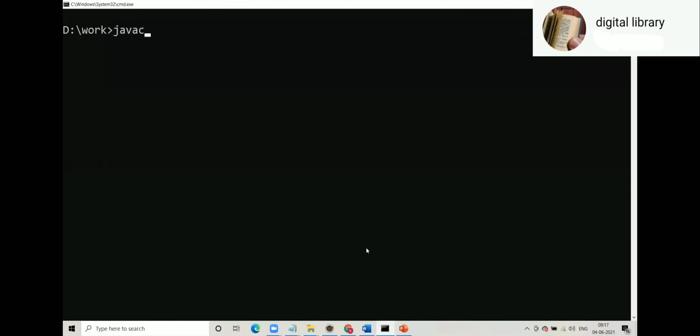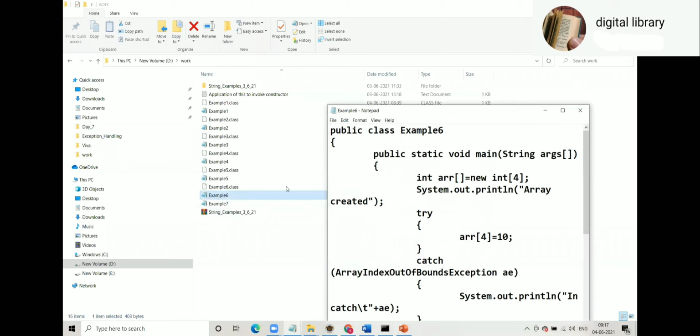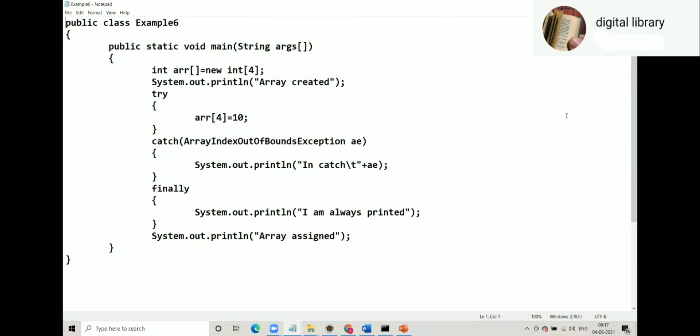Example 6. What is new in Example 6? Along with try and catch, we have finally.